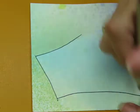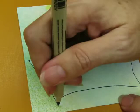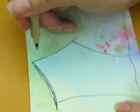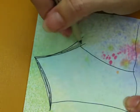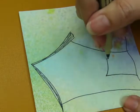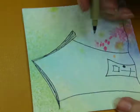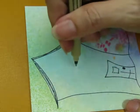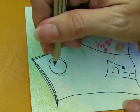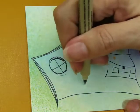It's going to be one of those crooked, wonky, crooked houses. Nice fun window in the gable here, and perhaps